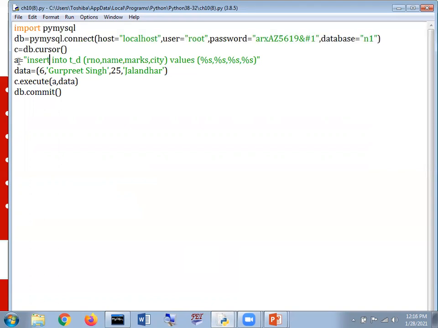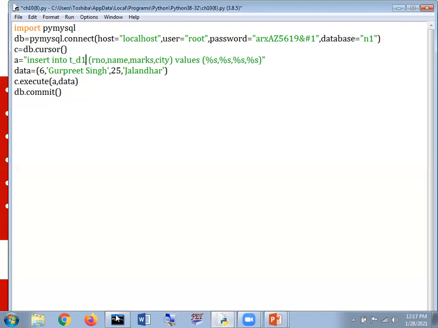After that, we have a variable a in which we store something as a string, and that is considered part of a query representing SQL. What is mentioned here? They mentioned insert into T underscore D1, which is the name of the table.